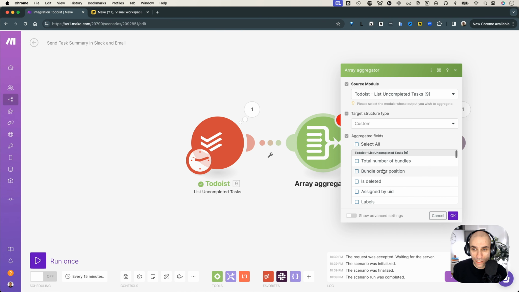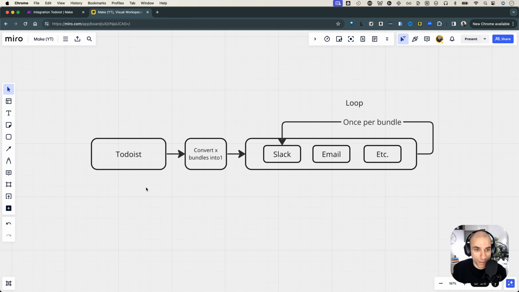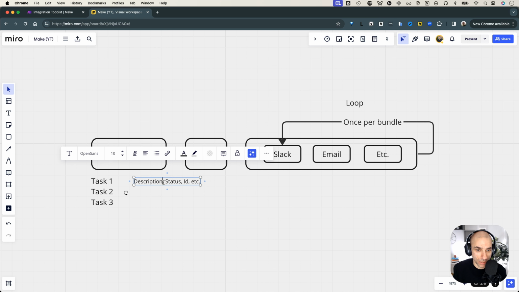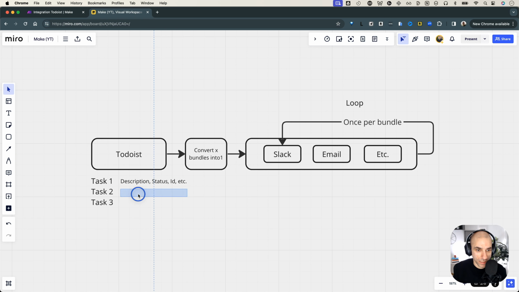Essentially what's happening here is that we are going from multiple bundles to a single bundle. So we had something like, let me just type here, task 1, task 2, task 3, and so on and so forth. Each of these tasks are individual bundles, and each of these bundles also has some information: the description, the status, ID, etc. So this information exists per bundle. So when you aggregate,